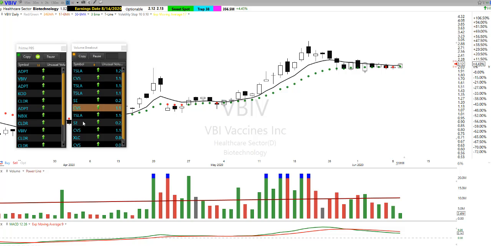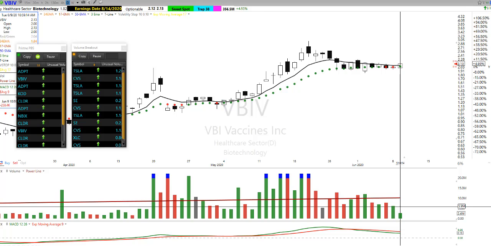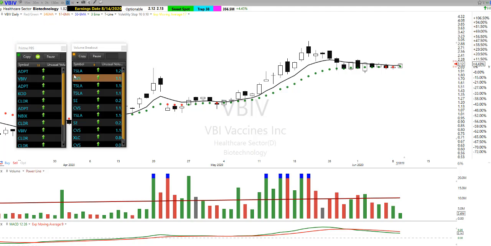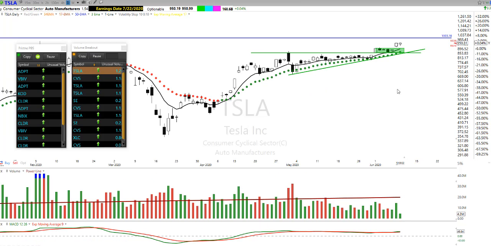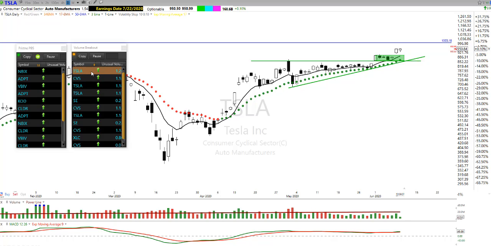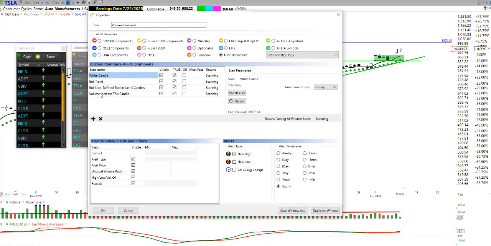And what I do is I scan through this, and I want to see those stocks that are breaking out or within 1% of breaking out over yesterday. And then as I look at those stocks, what I'm going to do is look for the chart setups that I like. There's never really so many on here that you can't look through them. And I don't have, well, actually I do. I take that back. I do have